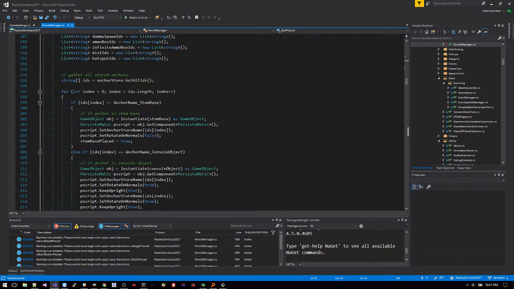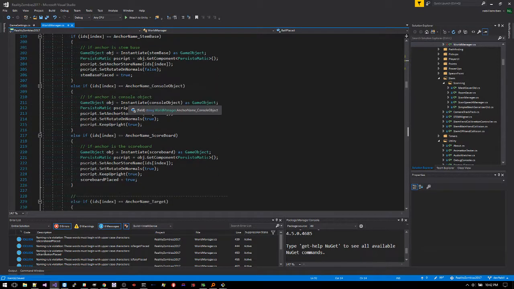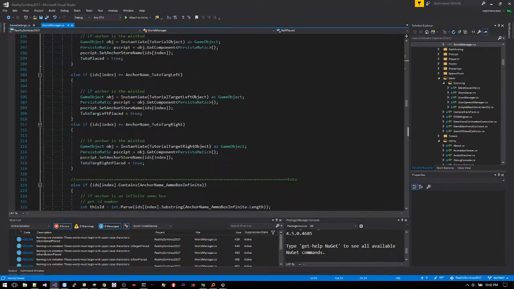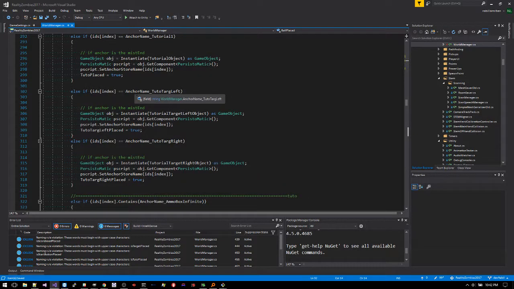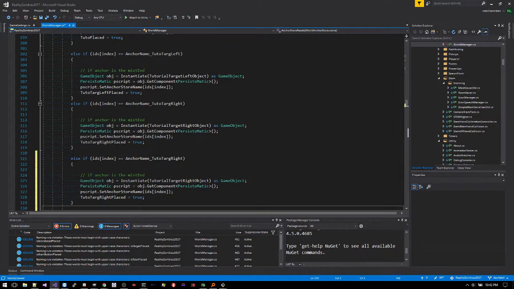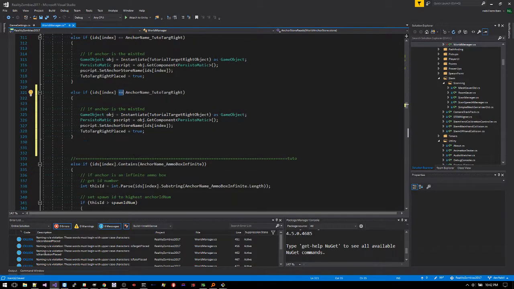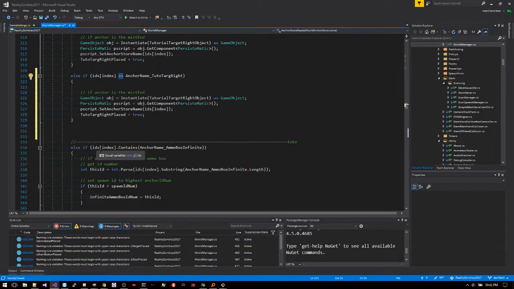Oh, this is the first time it gets to the game. It fetches objects that have been placed from the Anchor store, from their names in the Anchor store, and places them back. That way, when you get back into Edit Map, you see all the objects where they should have been. Let's make the same thing as tutorial right. I guess this is one of those objects as well that's placed, so it's pretty much just copy paste. This must be exactly equal to that name, but this one only contains part of the name, and that's because